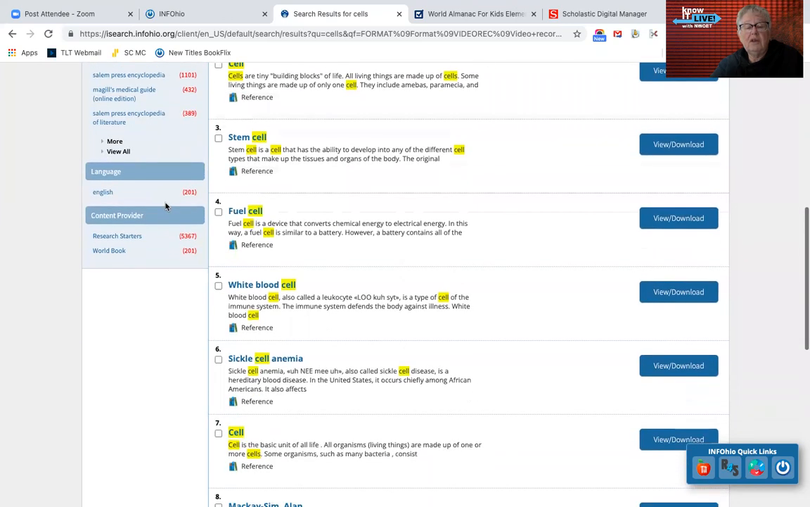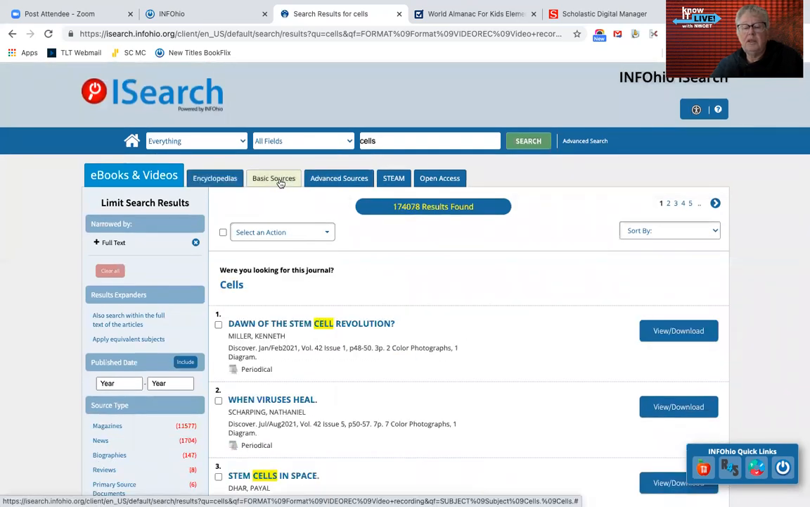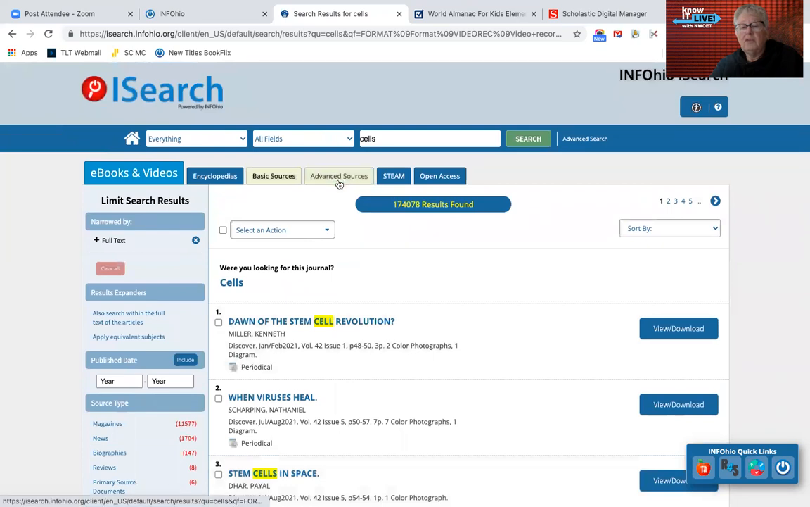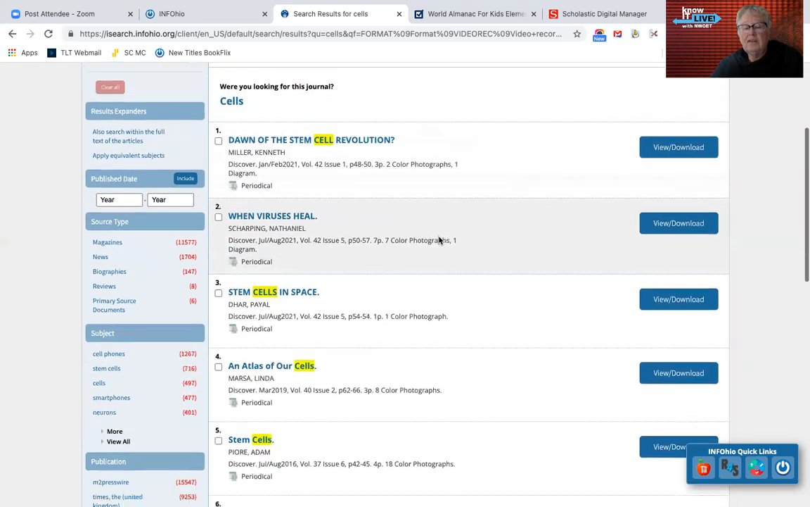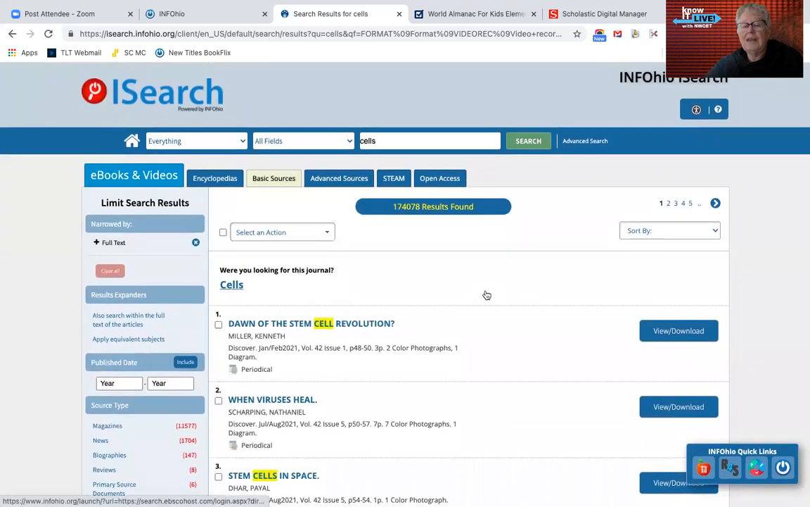Limit your search down here if you just wanted World Book resources, and basic sources will be lower level sources, where the reading level would be lower than the ones under advanced sources. So there's still 174,000 basic sources here, and depending on the abilities of your students, using iSearch might not be something that you would teach in kindergarten, but if you have a session with parents, let them know about INFOhio and how they can do an iSearch with their students